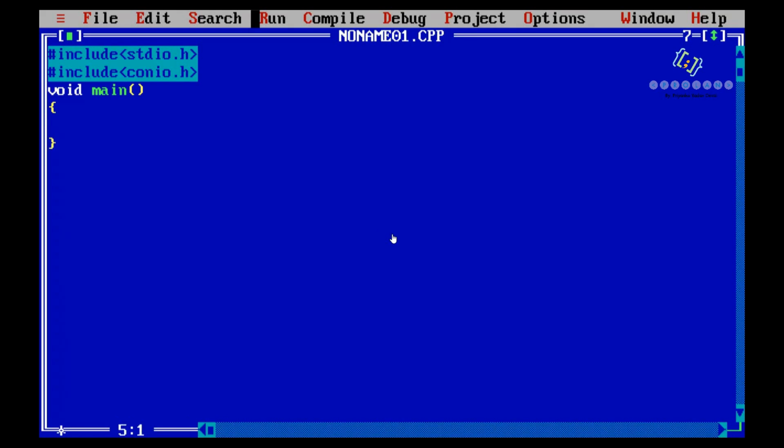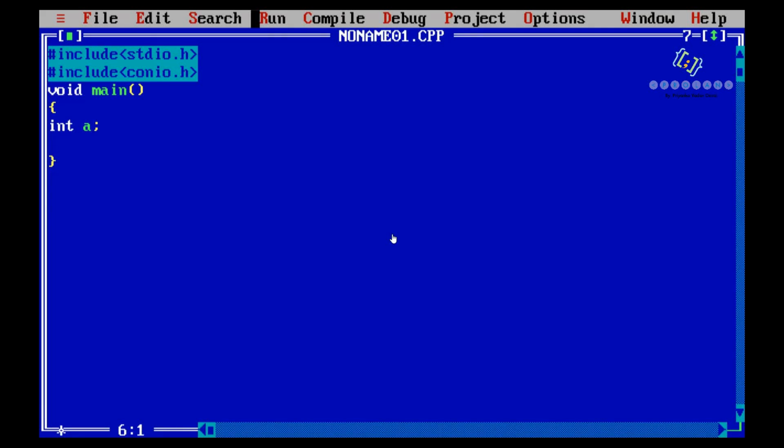Okay, so after that I want to create one variable in the program. So how to create a variable in the program? The syntax is data type. So I'll be creating an integer type of variable, name of the variable, consider a, and semicolon. That's it. I'm not giving any value to a right now.